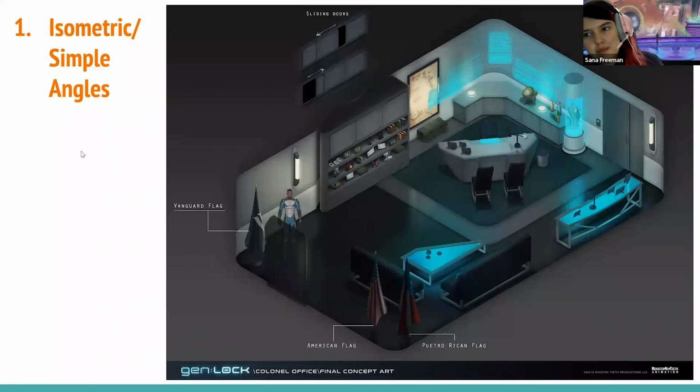doing isometric simple angles. And I bring this up first just because I just dunked on it, because it's really good for quick turnarounds, and modelers love these kinds of concepts because they are extremely clear on what's going on. And it allows you to do both the objects and the environments at the same time. Like the modelers could zoom into the shelf and see everything there very clearly. These concepts were drawn much bigger than you see on the screen right now, obviously, because that's studio work and you need to make it big.